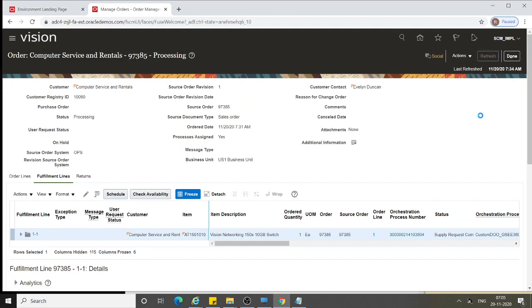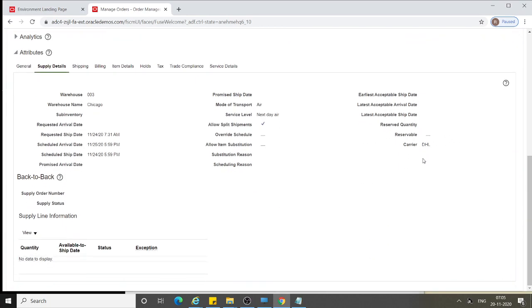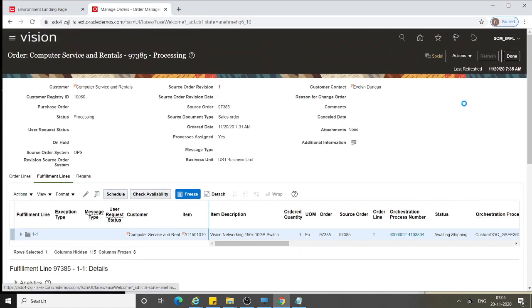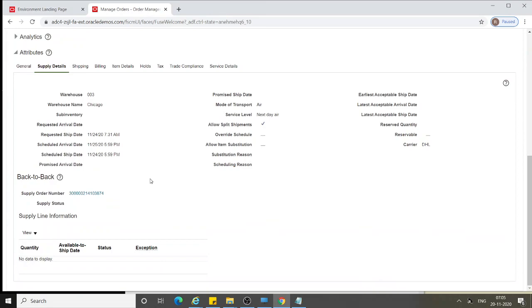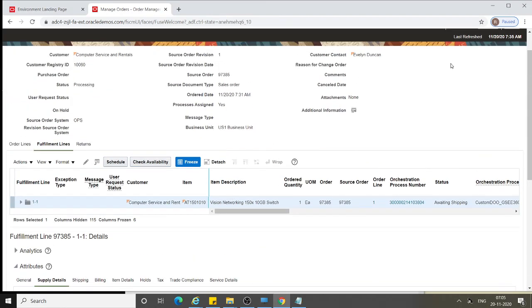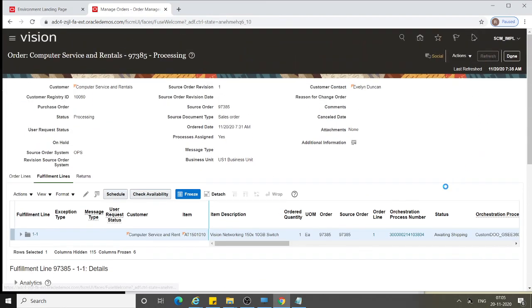Click on refresh. Sometimes it will take time to generate the supply order number. Once it is generated, we'll click refresh to see the status as well.